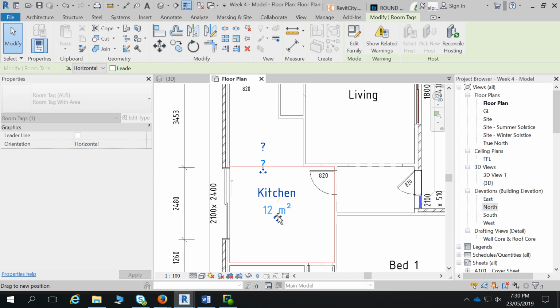So it's taken my kitchen down there, so I just rename that dining meals. Apparently I turned that off from this, so